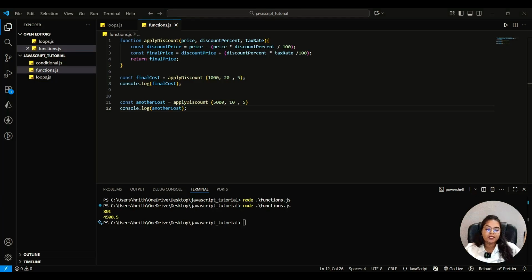So, price, discount percentage, and our tax rate, these are parameters. Here, 1000, 20, and 5, these are arguments. From the first call, we got 801, and from the second call, we got 4500.5. So, same function, different data. This is called reusability. In another way, if you understand,